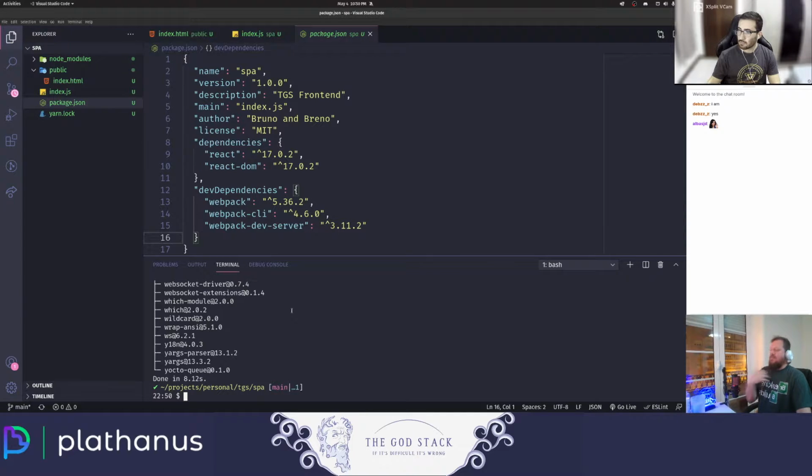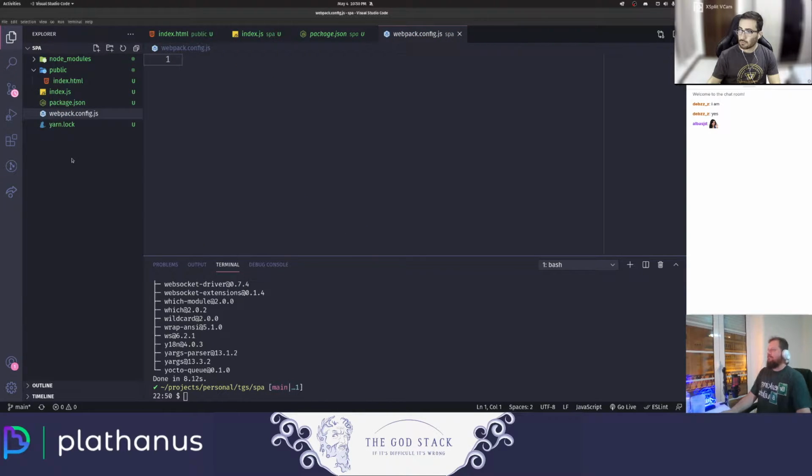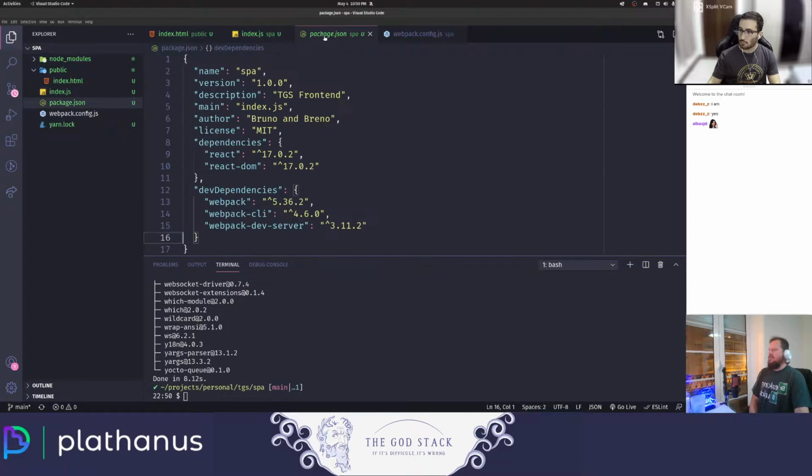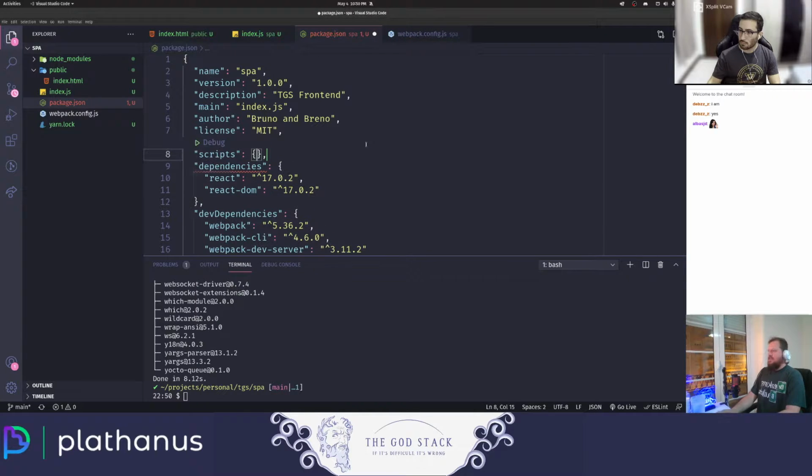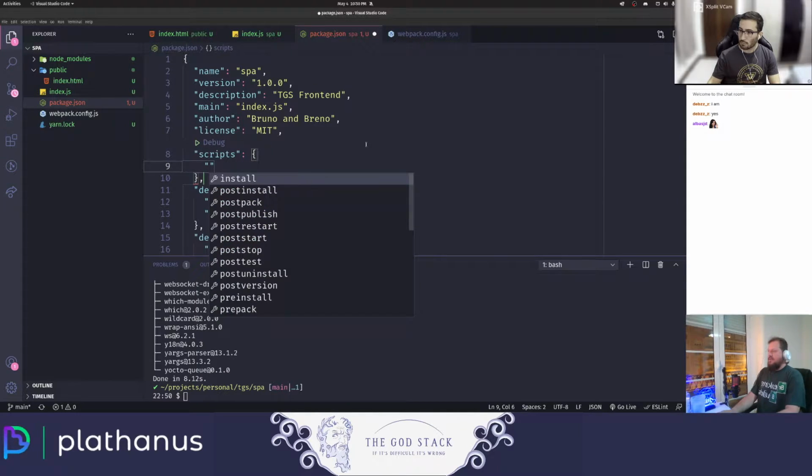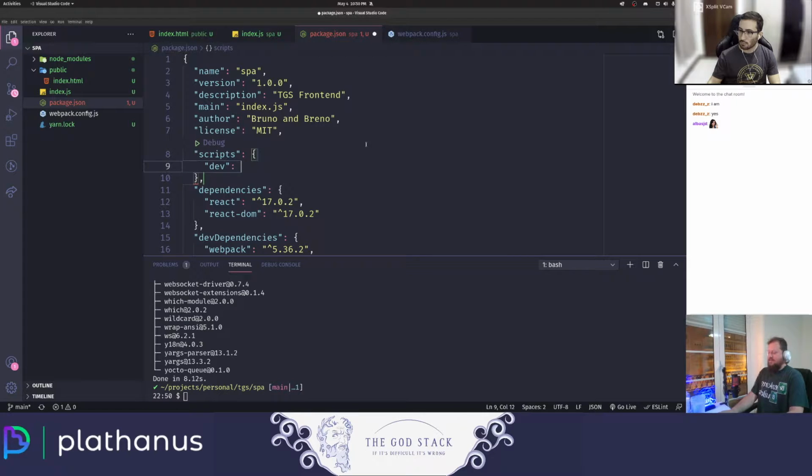And if you want Webpack to work for you, you need to create a file. So let's create this file, webpack.config.js. Okay, perfect. So we need to create the scripts. Inside of scripts, let's create a dev script, and this is going to call Webpack,